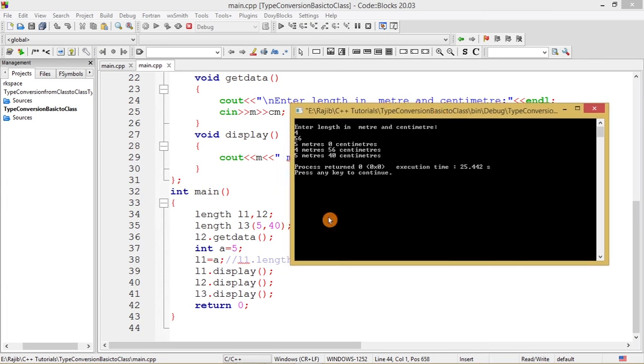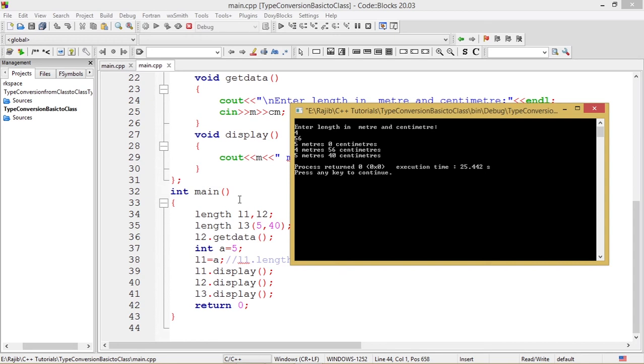See this L2 dot get data. What is L2 dot get data? Get data function has been invoked with the help of the object L2. So we need to supply some meter and centimeter value from our side to L2.